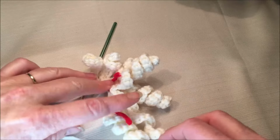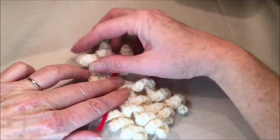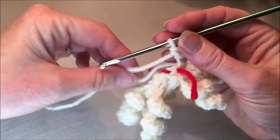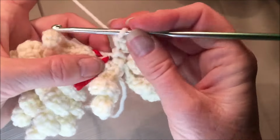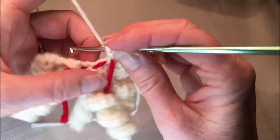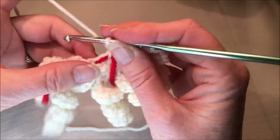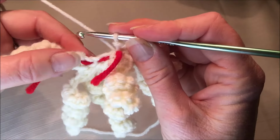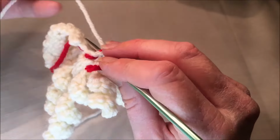All right, so now you should have your 4 on the one side, and then your 3 shorter ones up top. Whoops, see, it's a mess and I'm not even there yet. So I'm going to put my slip stitch in that same hole, and then now we're going to go down the 4 chains that are left. So you're going to slip stitch 1, 2, 3, so right kind of in that 4th one there,